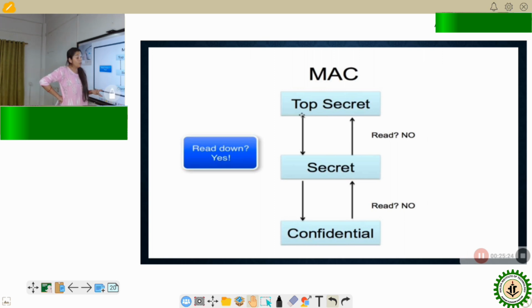Like I mentioned, if you have the necessary need to know, that means if there is a necessity for you to know some information, and you have a top secret level of clearance, then only you will be able to read lower level information. So you need to have the proper need to know to be able to access any resource at the lower security clearance.